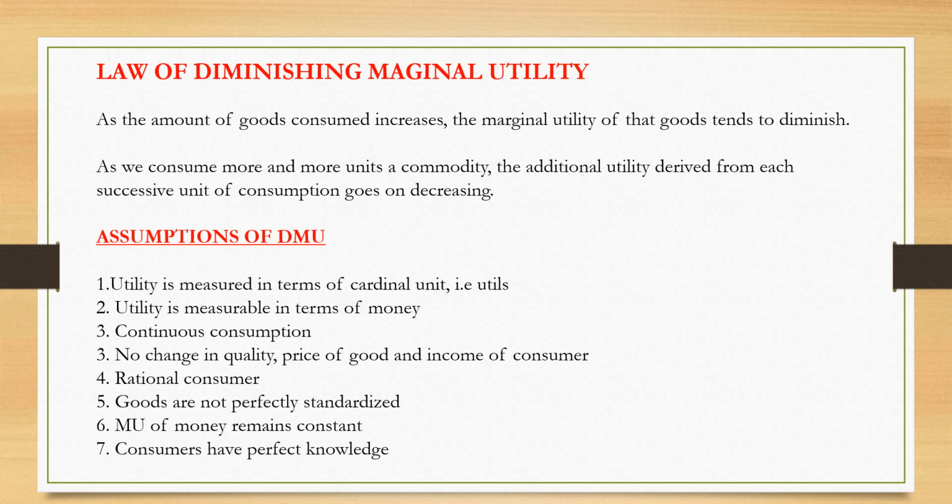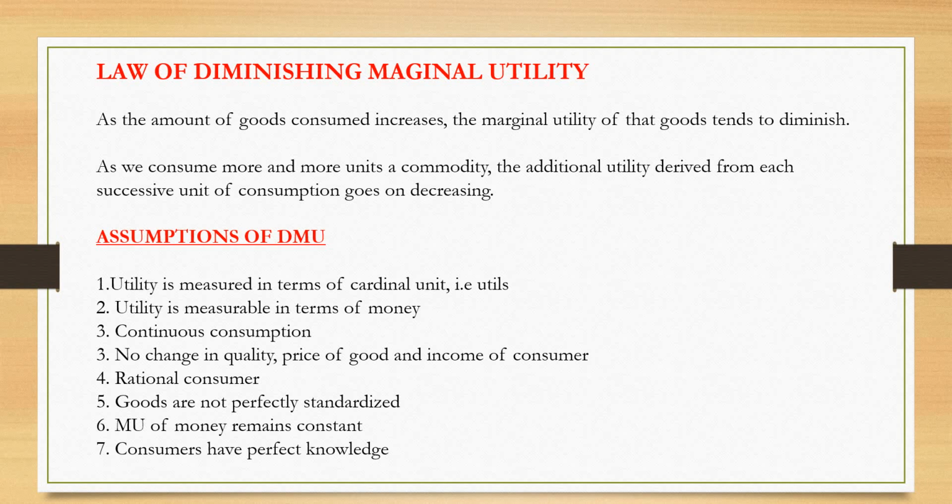Next is that the marginal utility of money remains constant. We know as the consumer spends money on a commodity, he is left with less money to spend on other commodities. In this process, the remaining money becomes dear to the consumer and it increases the MU of money for the consumer. But such an increase in the MU of money is ignored. As the marginal utility of a commodity has to be measured in monetary terms, it is assumed that the marginal utility of money remains constant.